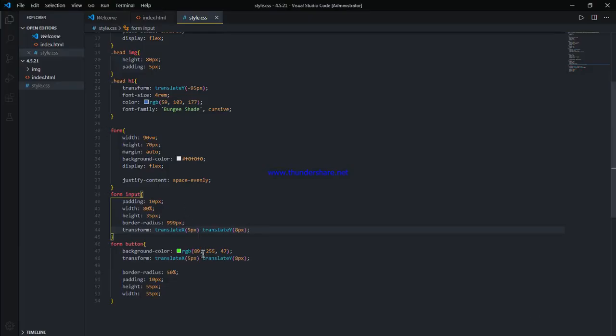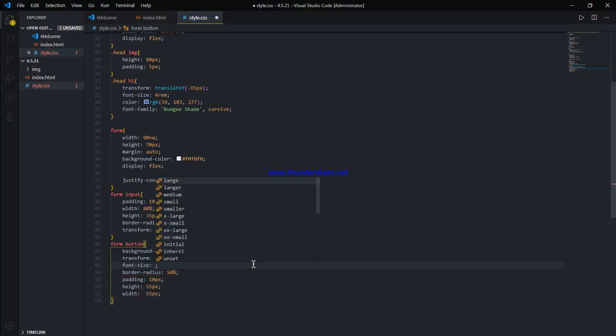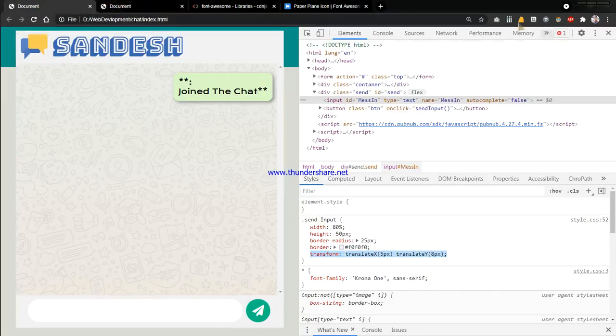This is really small, the logo, as you can see. So we can go in button, go like font size, and do it 20 pixels. So that's better.